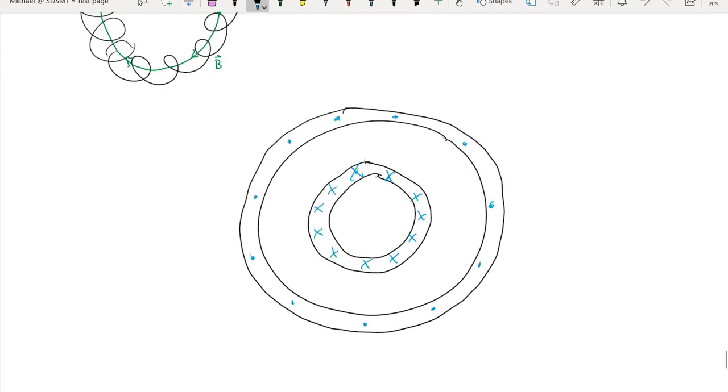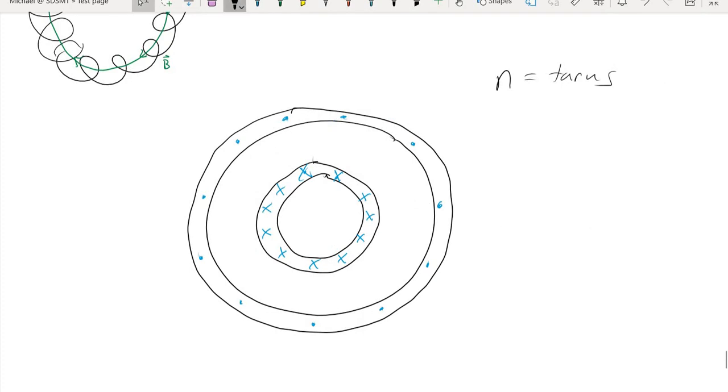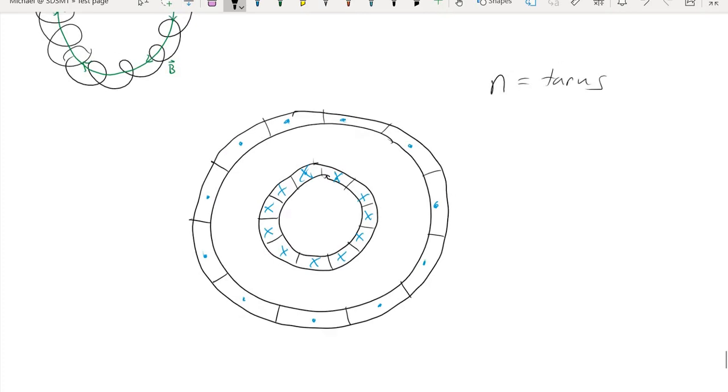So again, this is going to relate to the number of turns associated with this toroid. And I can try segmenting these wires. I have to try to make the same number of cross sections on the outer circle as on the inner circle,